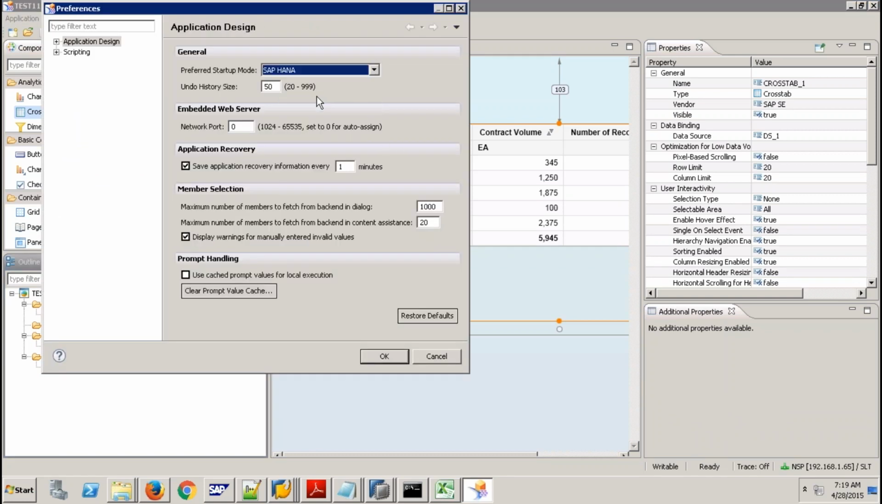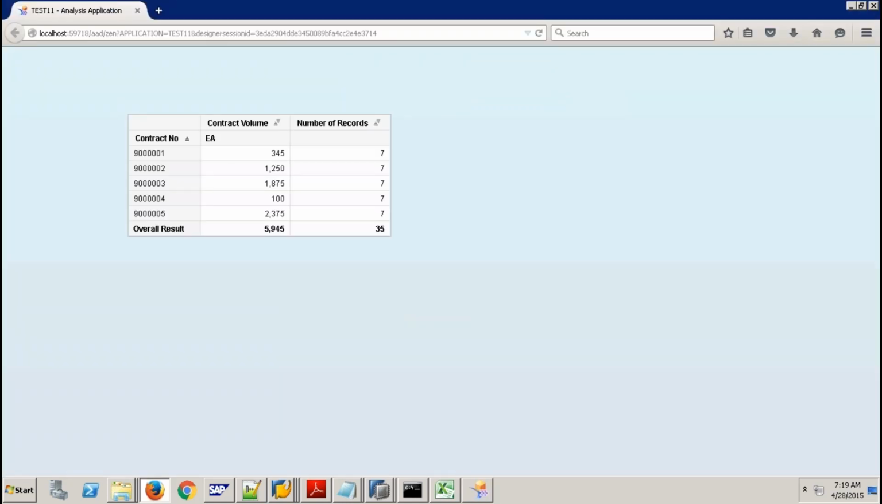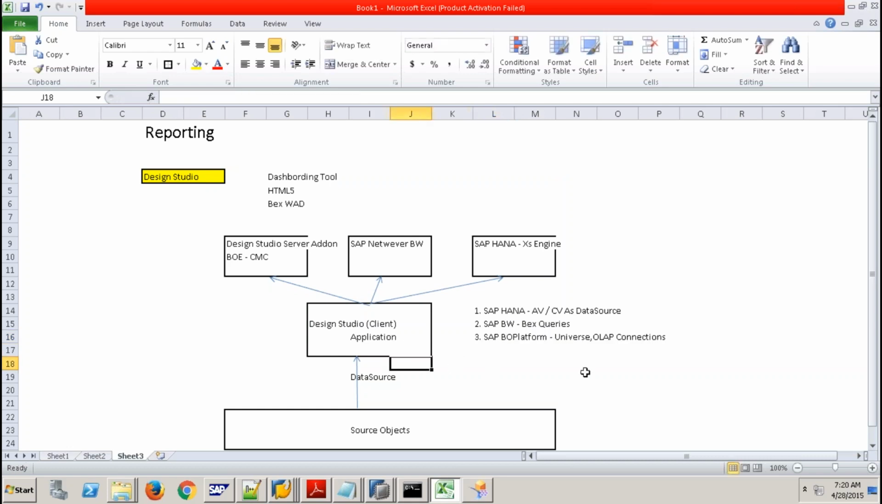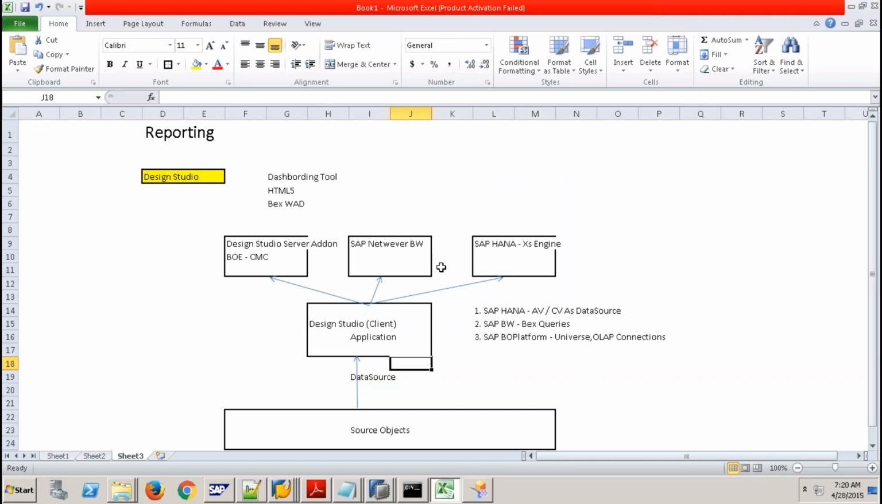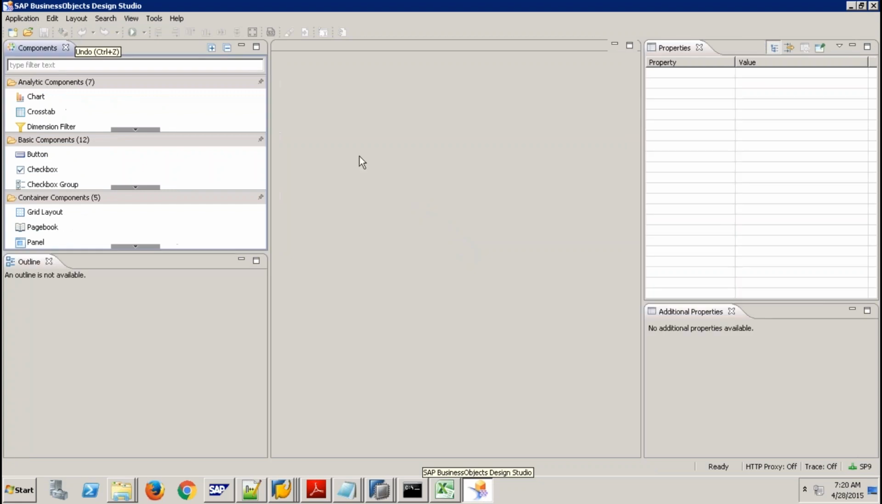Now I would like to go with HANA. Very, very important. Depending on your startup mode, the data source you can use will be different. Now I'm using it as if it's a front-end tool for the HANA database. So when you choose a certain HANA database, you can start consuming only the views from that particular HANA database,